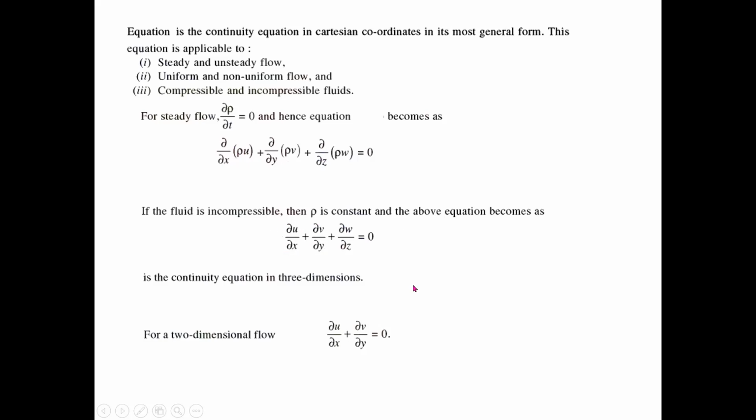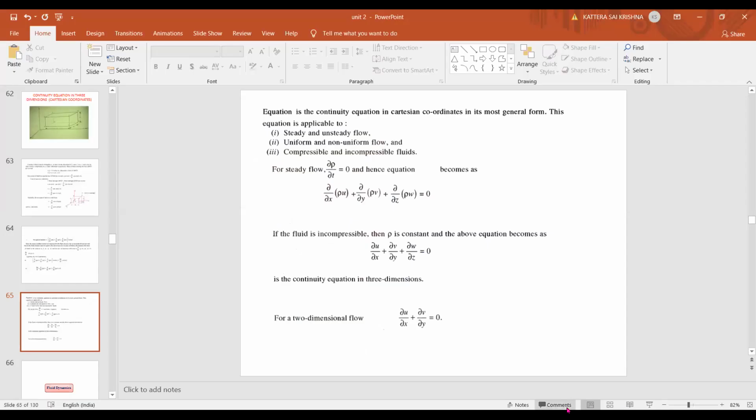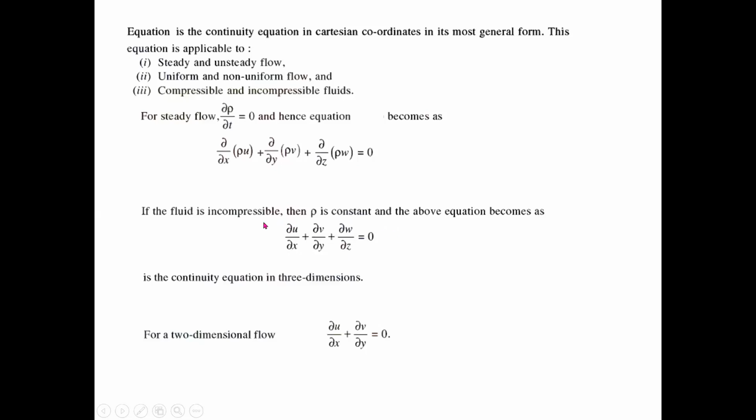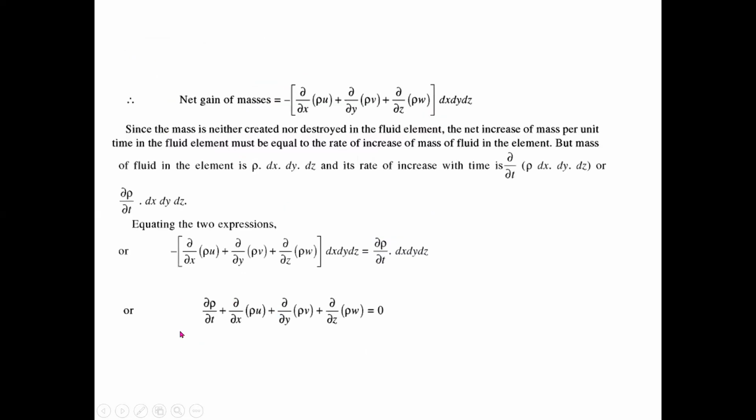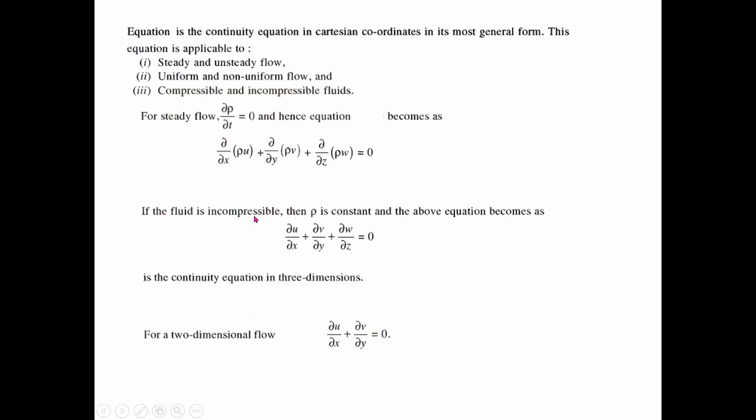Is it okay? So the final equation of continuity for three-dimensional flow is this one, if it is steady and incompressible flow. But always remember the above formula. This is the general formula. If it is not mentioned that it is a steady flow or incompressible fluid, we need to use this equation. If the fluid is incompressible, density is constant, so the above equation becomes ∂u/∂x + ∂v/∂y + ∂w/∂z = 0. This is the continuity equation in a three-dimension system.